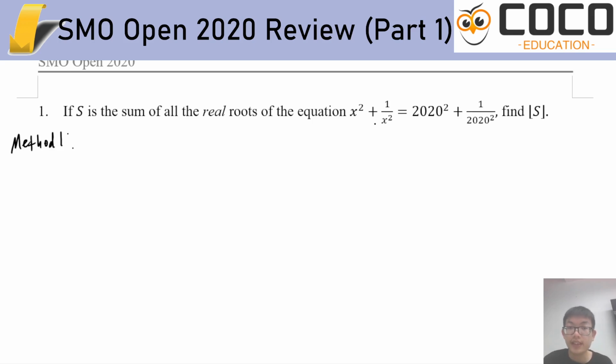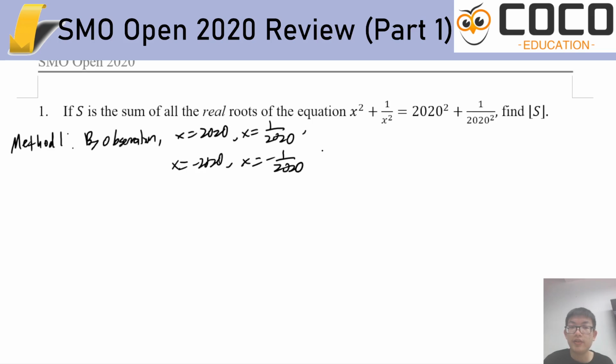Now, we realize that of course x equals to 2020 works. So does x equals to 1 over 2020. So does x equals to negative 2020, and so does x equals to negative 1 over 2020. So all of these clearly work,